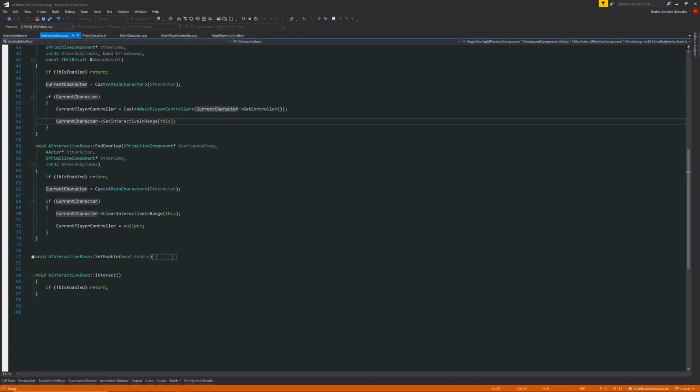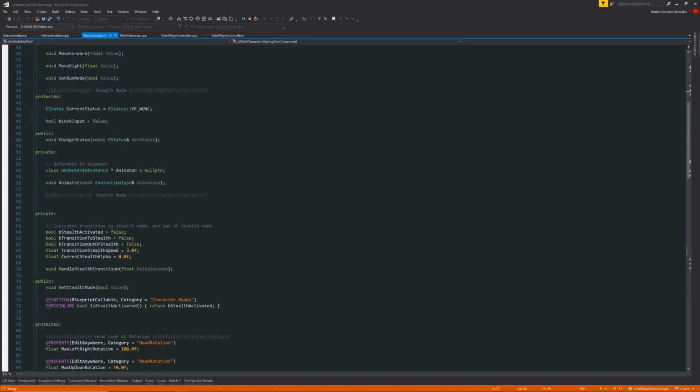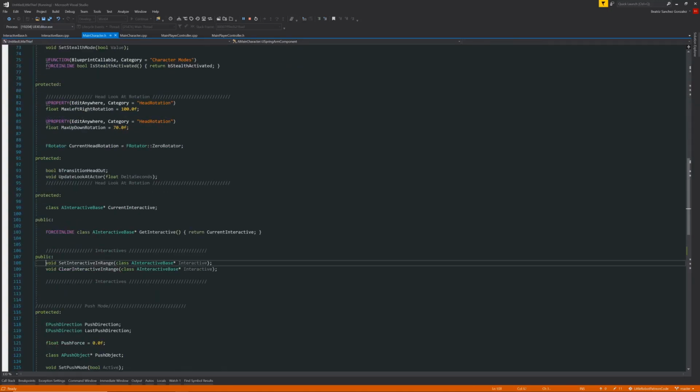Now, if I go back to the interactive base, this set interactive in range is a function that is right here, and also the clear one. If I go to the CPP,